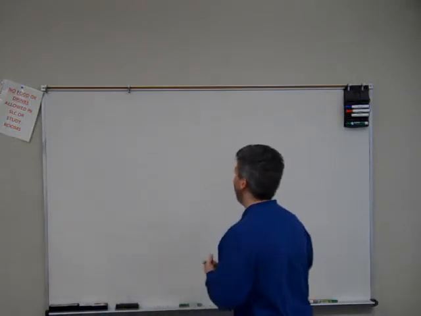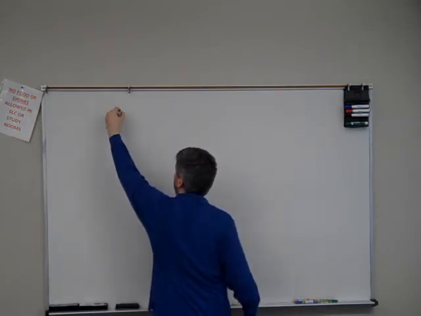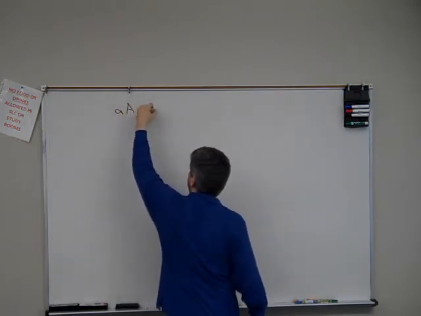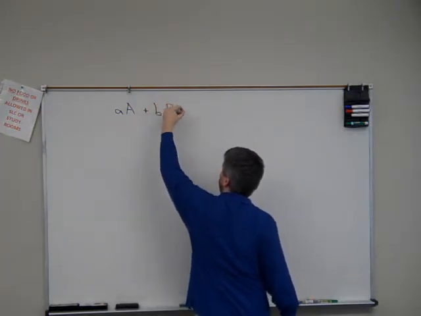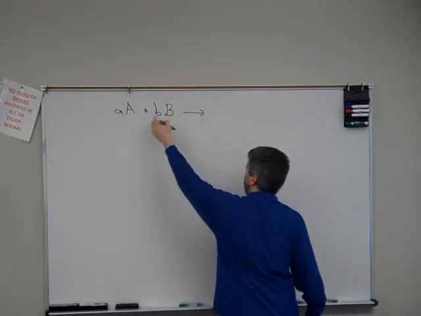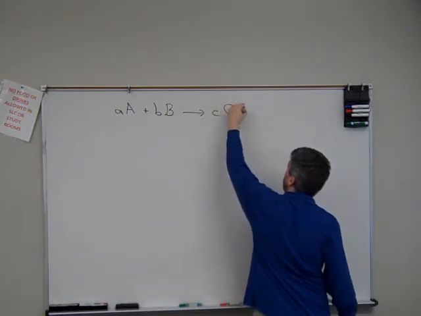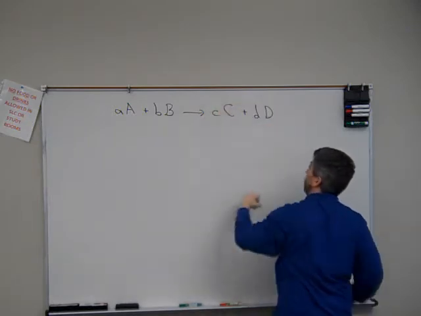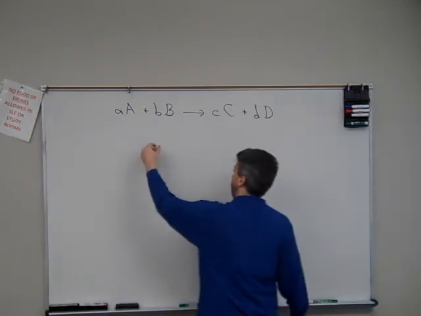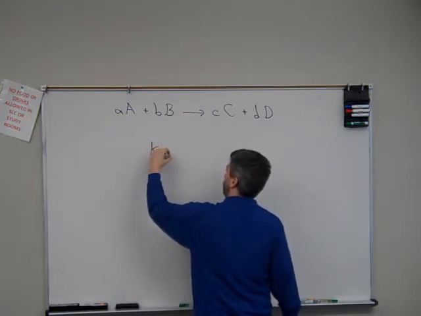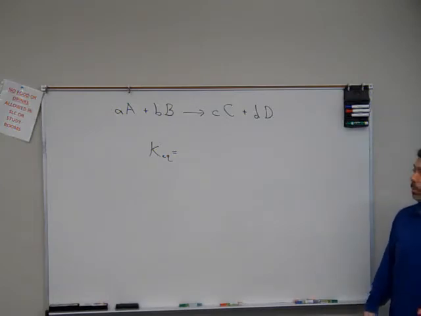So, the law of mass action essentially states that for any reaction where the little a and the little b and the little letters are the coefficients, and the big A and big B are representative of different compounds. So, it states that for any generic reaction like this, the equilibrium constant for that reaction, when this reaches equilibrium, it will have a constant value